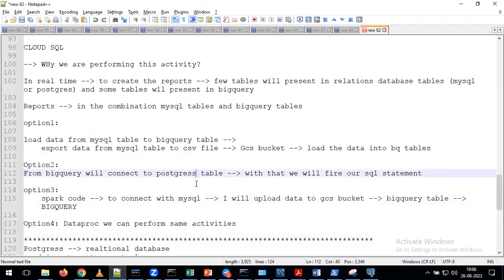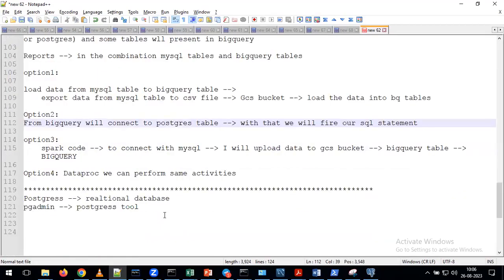Yes, that's correct. But sir, in real time, only one database will be used, either MySQL or Postgres. Yeah, correct. Only one database we use as part of a project, either MySQL or Postgres, or we may see SQL Server in your projects. Sir, one more thing, sir. What is sandbox, sir? Sorry?